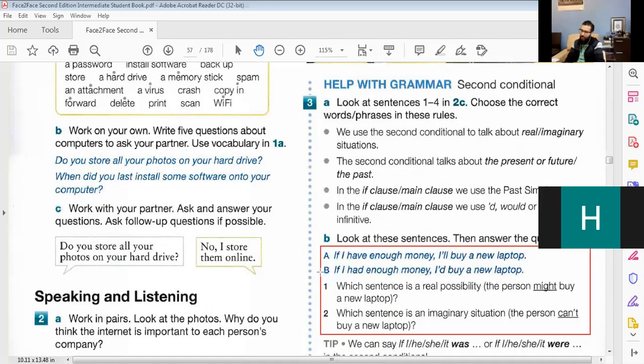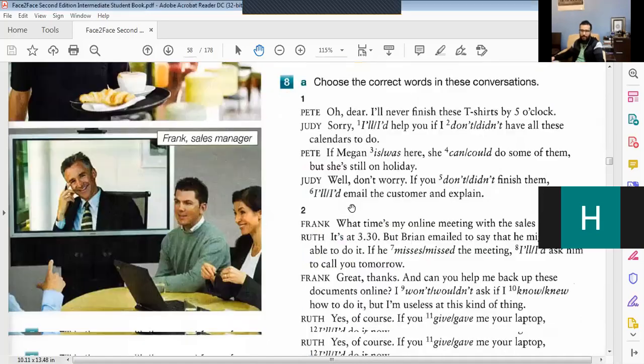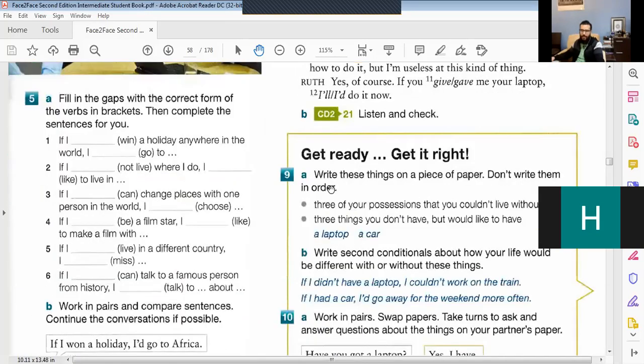So this is an important thing to keep in mind. We talked about this, and after that we even did this exercise here in number 5. We did it and I remember all of you answered it correctly. This isn't a very hard exercise, to be honest, because you just need to follow the rule. The rule is: if you have the if clause, use past simple; main clause, would plus infinitive. That's all you need to follow in this exercise. So we did it, we completed it, and we talked about,